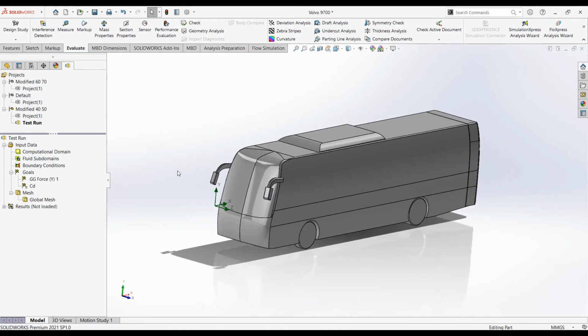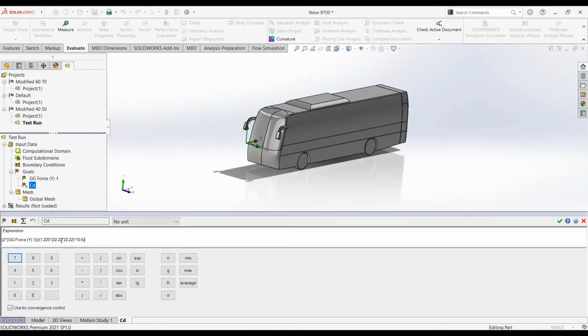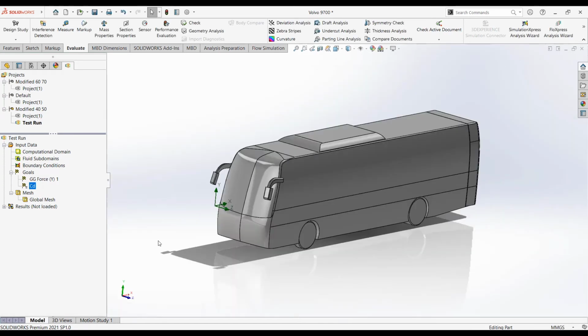The velocity is 80 kilometers per hour, which in meters per second is 22.22. So velocity squared is this much, and the density of air is 1.225 kg per cubic meter. Everything is fine, so we have applied the equation goals as well as the drag force.